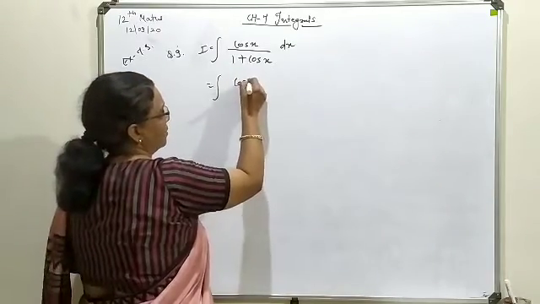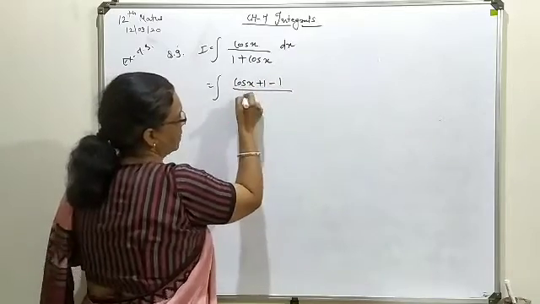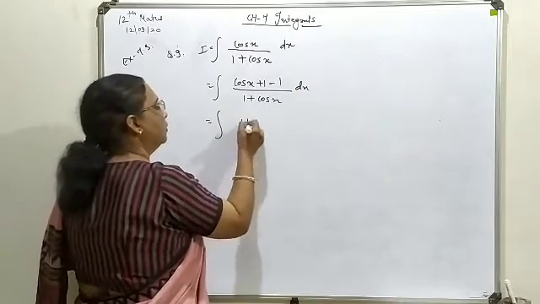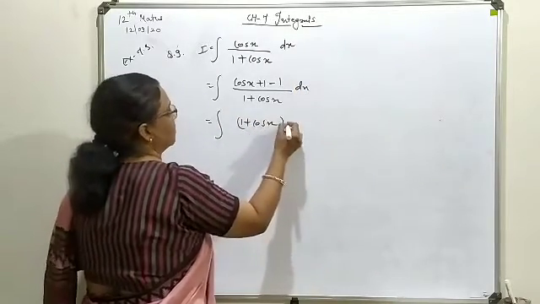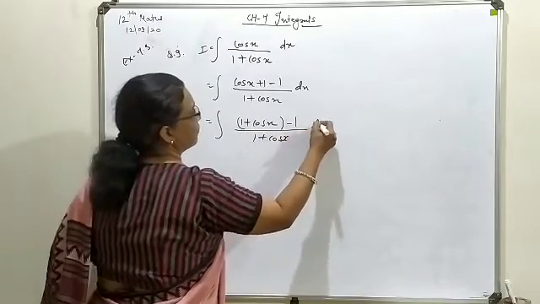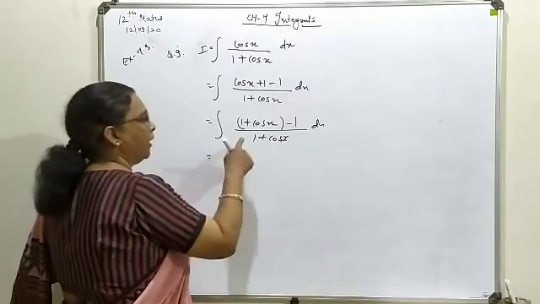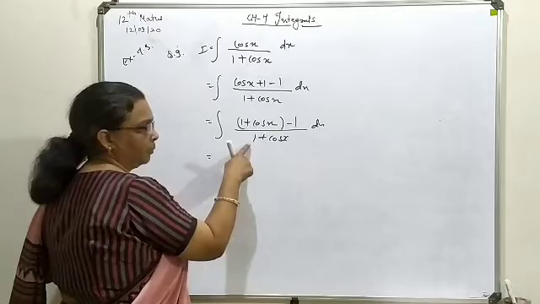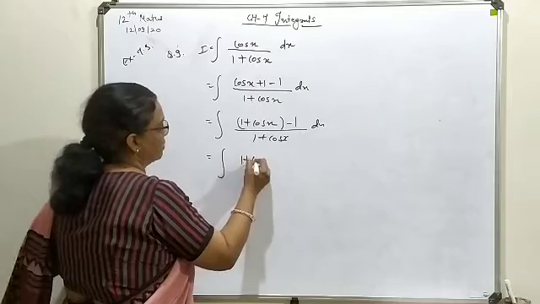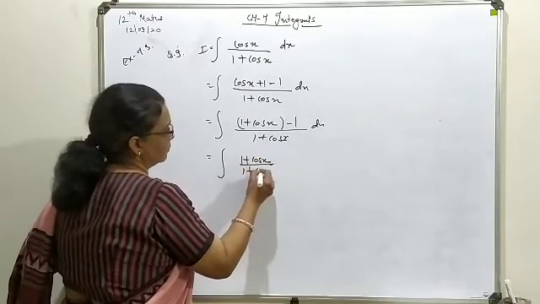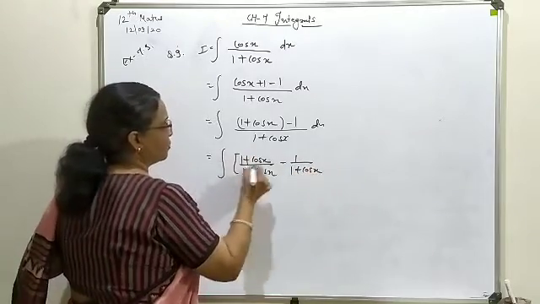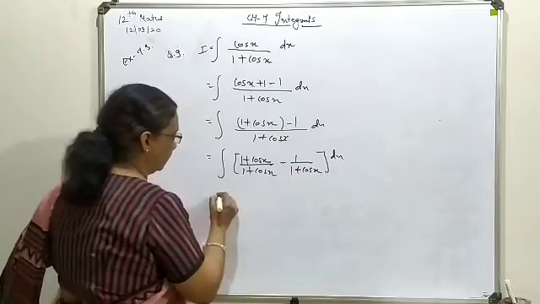So here we add cos plus 1 minus 1, and the easy way it can be handled now. Now combine your required term, that means 1 plus cos 6 with minus 1 kept aside, divided by 1 plus cos x. Now make these two terms separate. Under this bracketed term put 1 plus cos x minus 1 upon the whole expression. So it is 1 plus cos x minus 1 upon 1 plus cos x. Now these two terms are available for further expression.